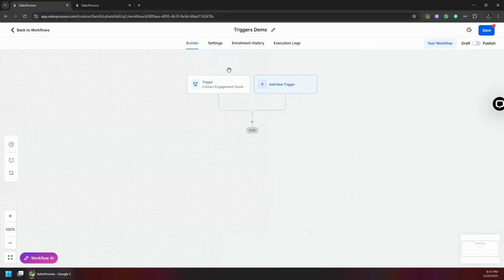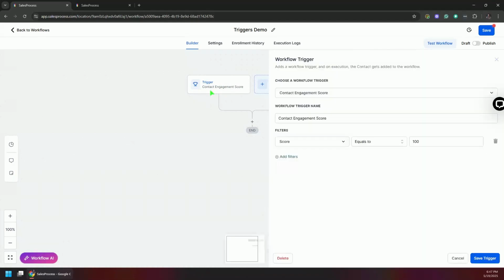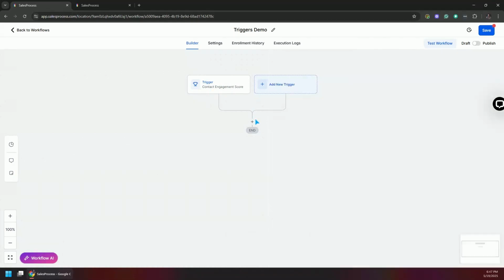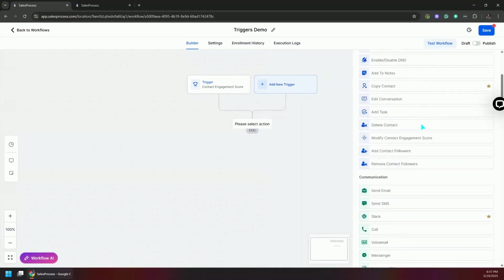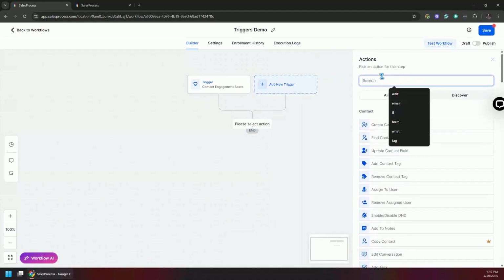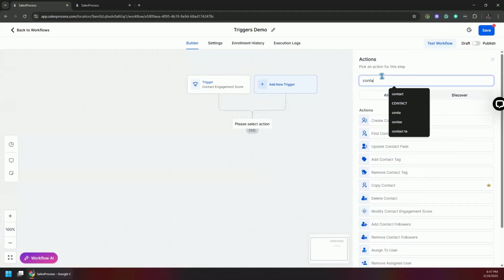If a contact score gets equal to the 100, start this workflow. Now, your question would obviously be, what is the contact score and how do we add it? That is in here in the actions,